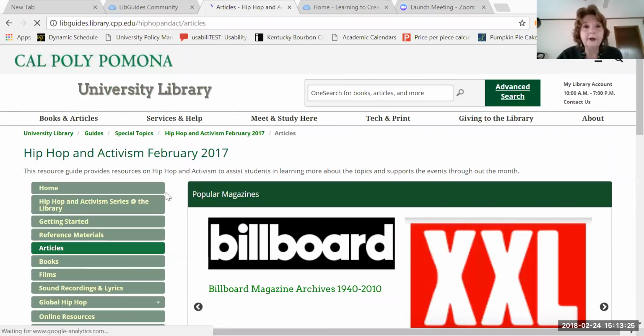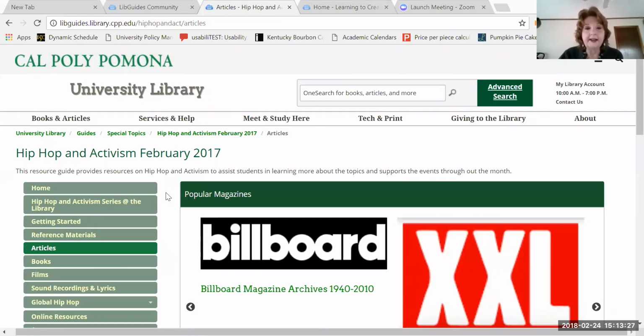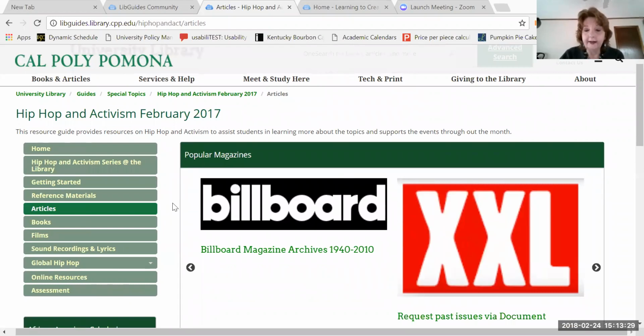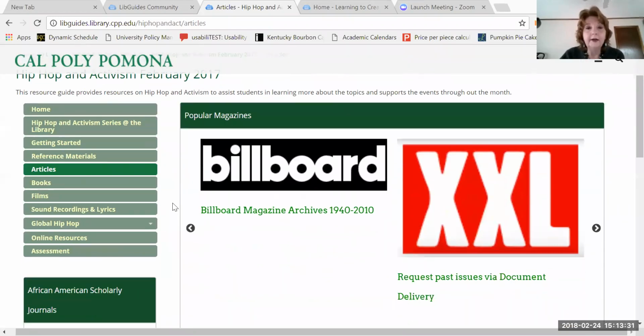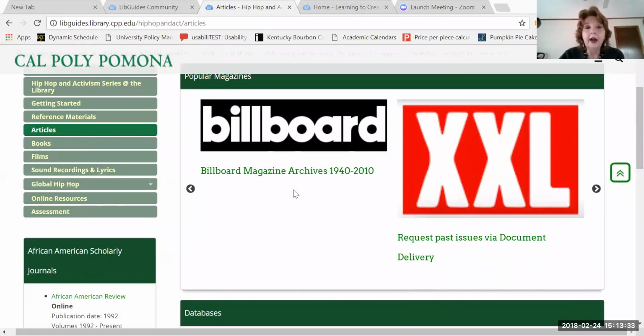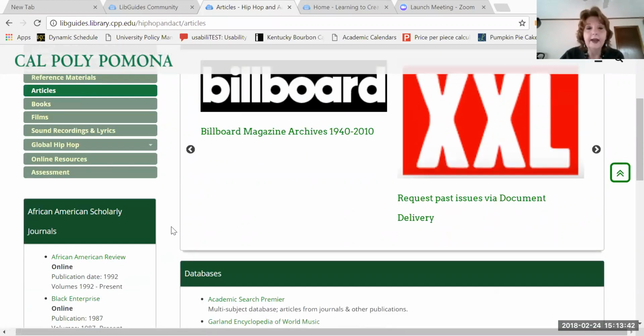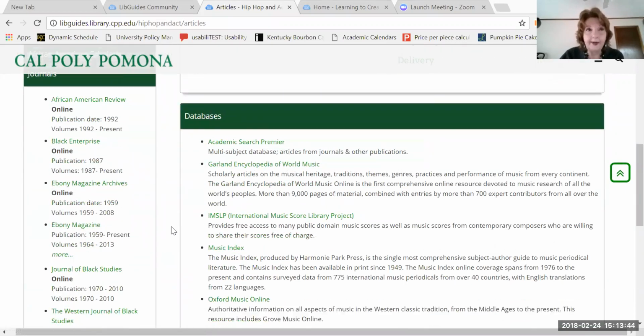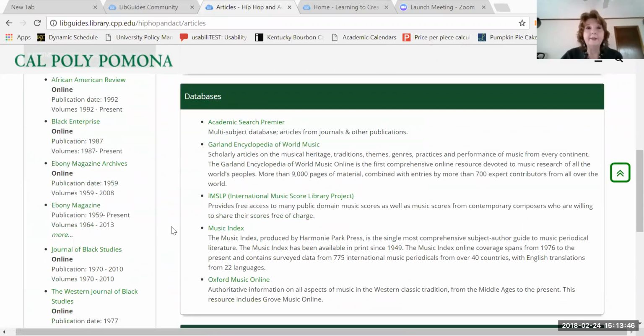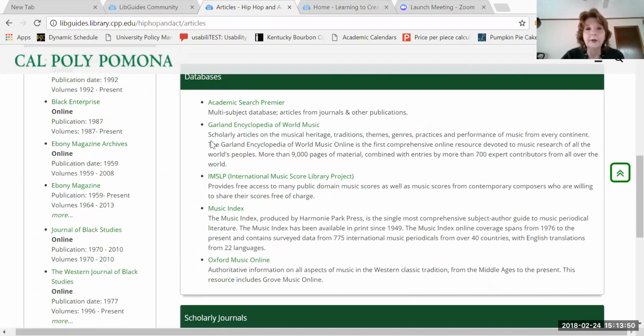which I believe will be another thing that you'll be including in your guide, this is actually telling me that I could click on some links to various archives that this library subscribed to, such as archives of Billboard magazines, so I could do a historical search, and also recommended databases for, again, the background on hip-hop and activism. So it looks like I could go to Academic Search Premier, the Garland Encyclopedia of World Music,